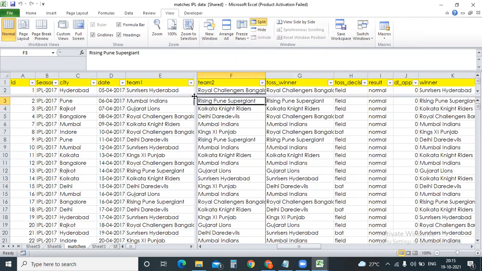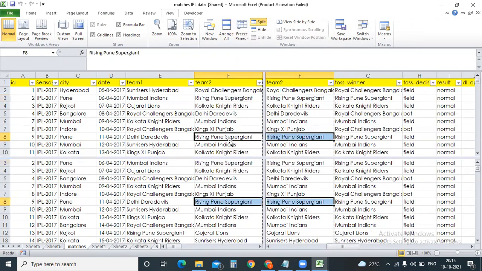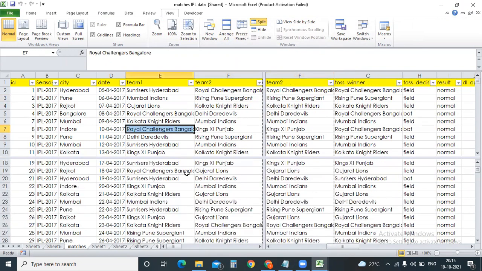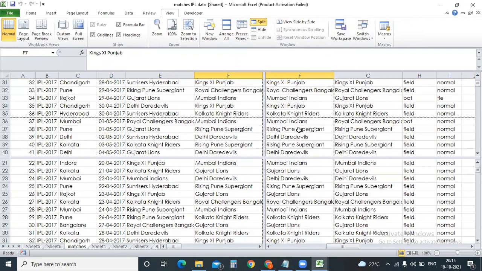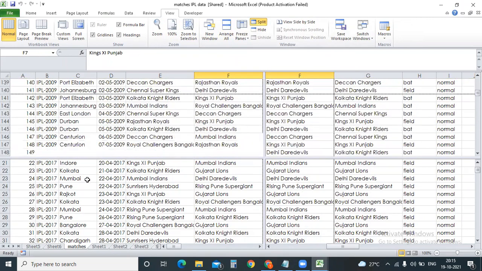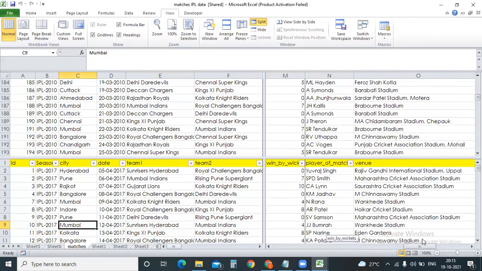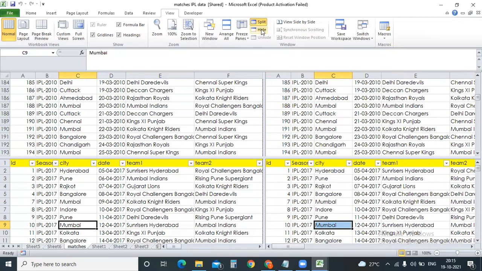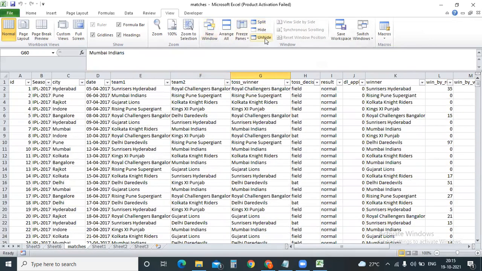For example, if you use the split option, can you see a plus symbol appearing on the sheet? If you scroll, only that particular quadrant will move. If you want to look at the data below, you can use it and edit it and do whatever you want. We use split when you have a lot of data and want to compare data in different columns. Now the split is gone. You can hide and unhide the split.